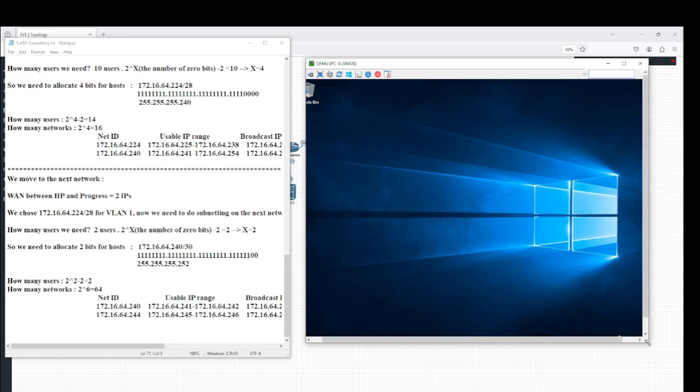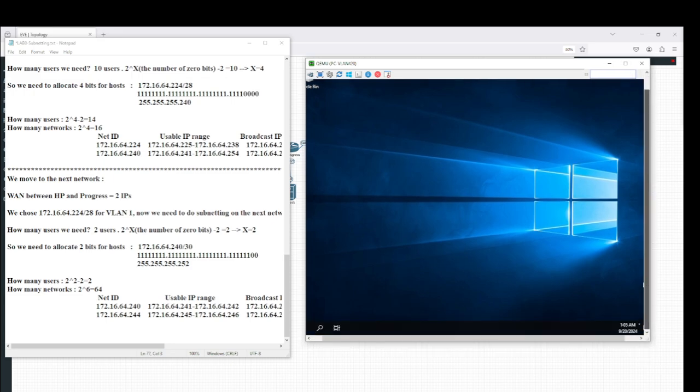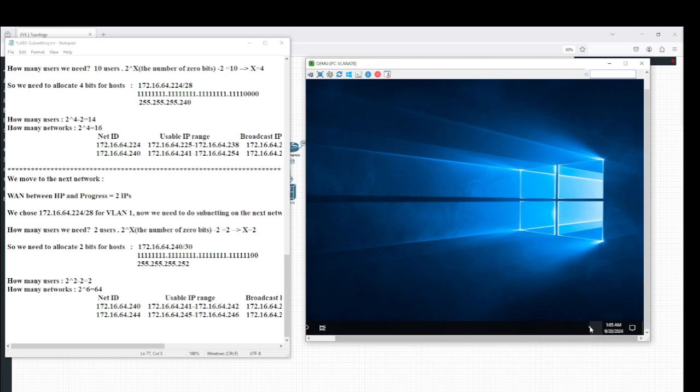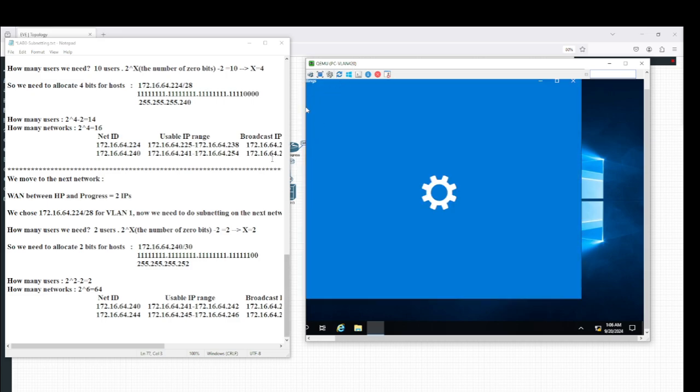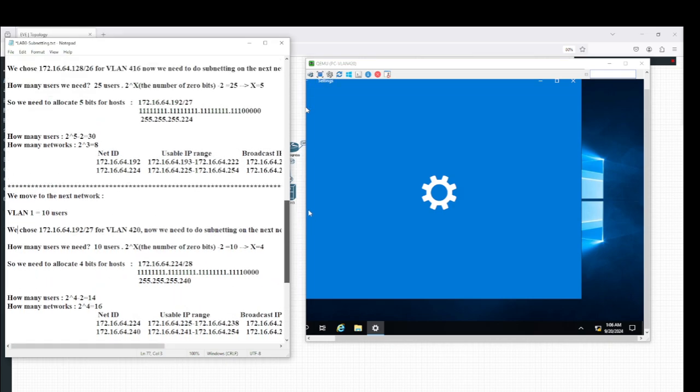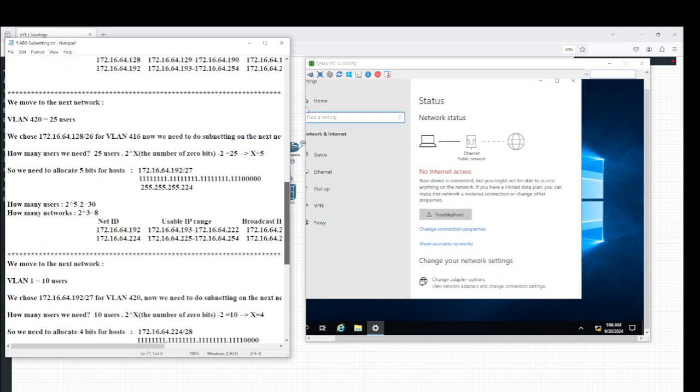But here is a real client. So, okay, I'm going to add the IP address manually. So this one is VLAN 420. So I'll go to my 420 here,